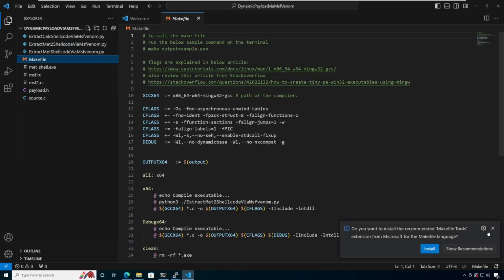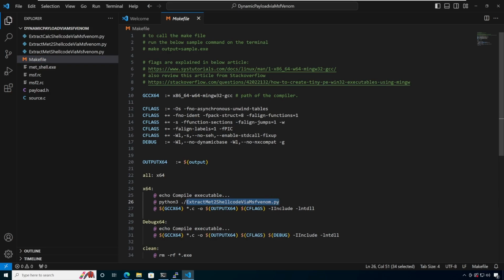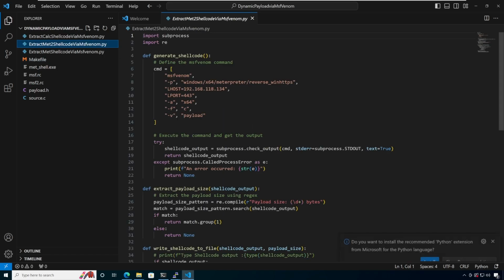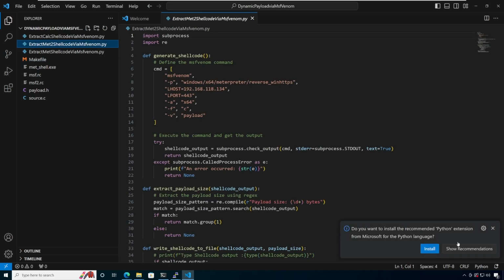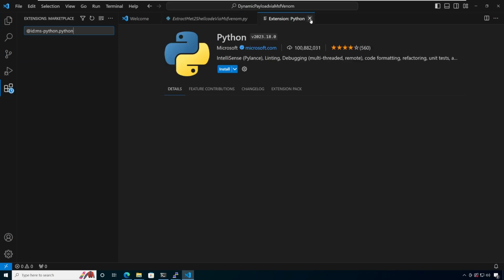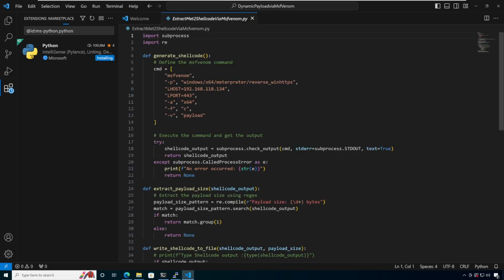If you look at our makefile, we will see that we are executing this Python command, and after that we are compiling our C code. This Python command is the extract meterpreter shellcode via MSFvenom. Let's go here. This is basically the payload which is going to be generated via MSFvenom, and this is the automation of